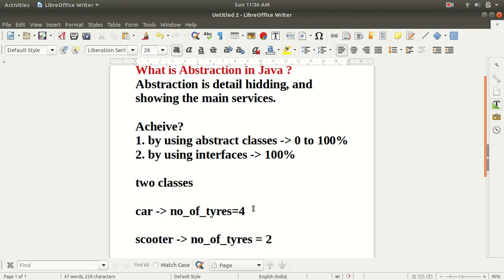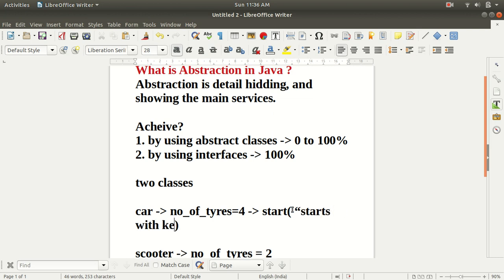Now in the Car class we have the number of tires as a variable, and I have also defined a method inside this Car class with the name start. The implementation of this start method says start with key.